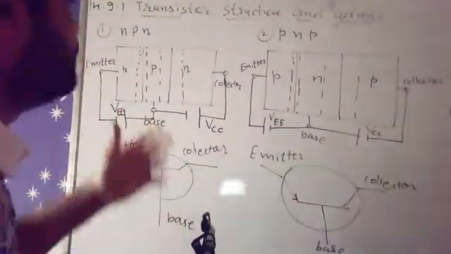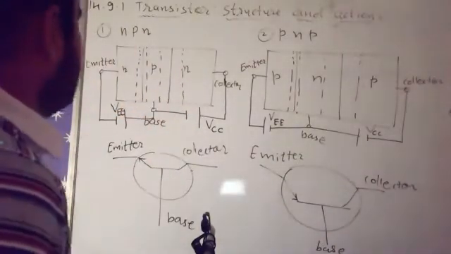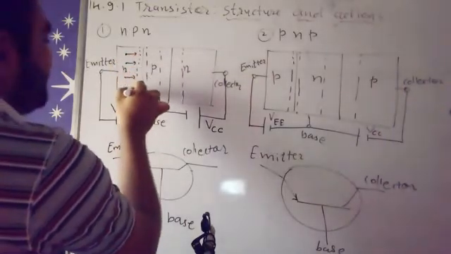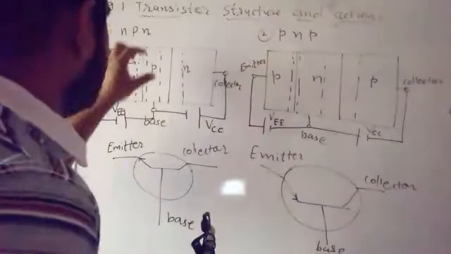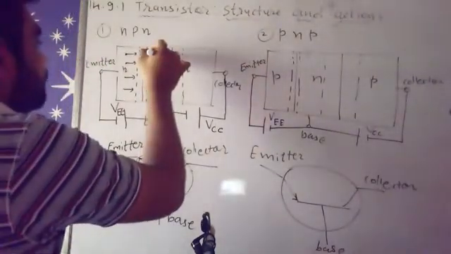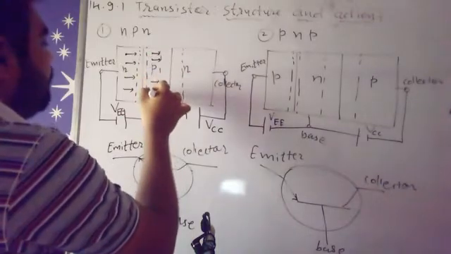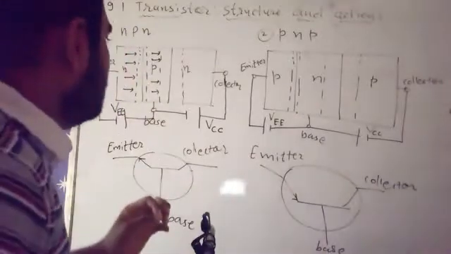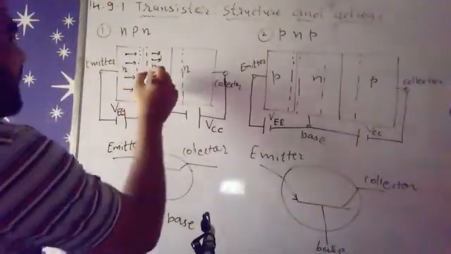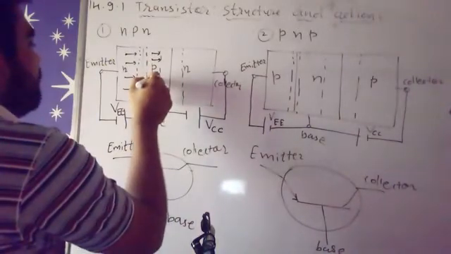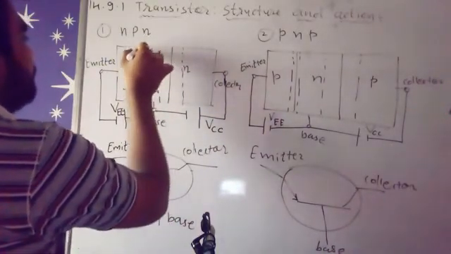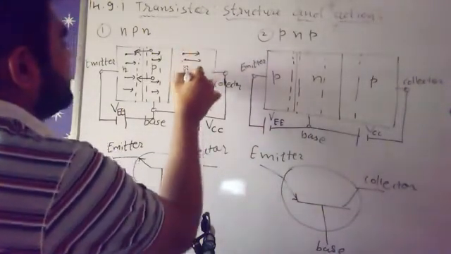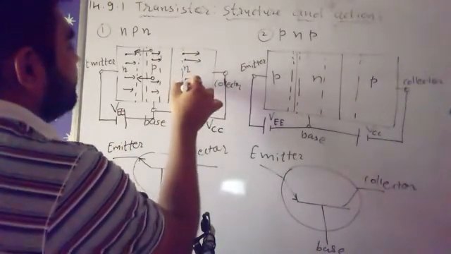Now the working of these two transistors. First the NPN, where we know there are more electrons. When this circuit is in working condition, more and more electrons are moving towards P. Now P has more electrons, so the majority charge carriers of P, which were holes before, are now fewer, and electrons are more than holes. The holes are moving backward. Now again, the negative charges all move in this direction, so the circuit can complete and we get current from this circuit.